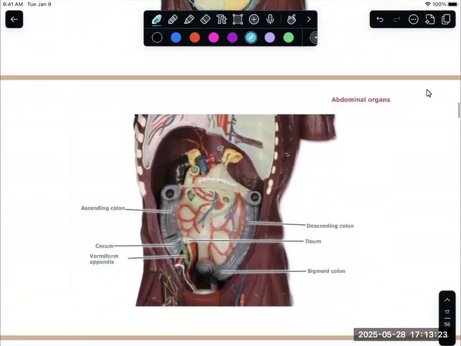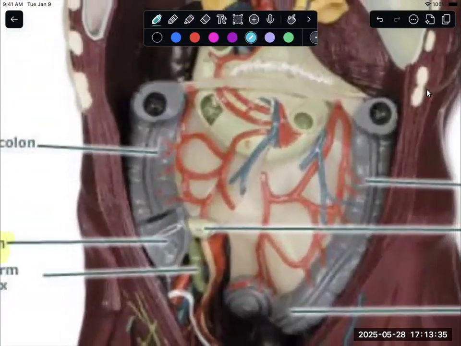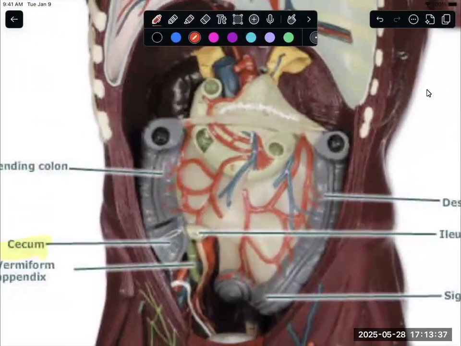So here, they keep taking more organs out, we can see more things. Again, you can see that cecum, that very first part. And actually, what you can see here, of course, as soon as I zoom in, it's not that great. But here, between that ileum and that cecum, we have what is known as the ileocecal valve. This is allowing only a small amount of